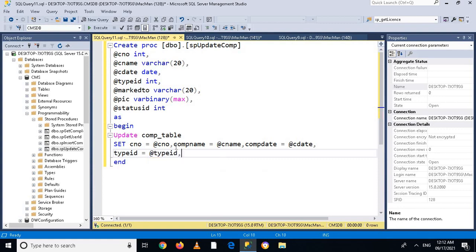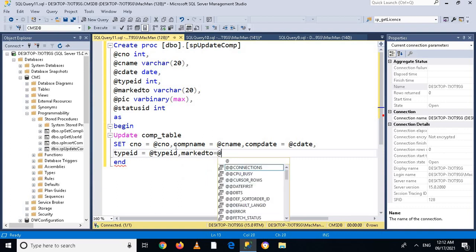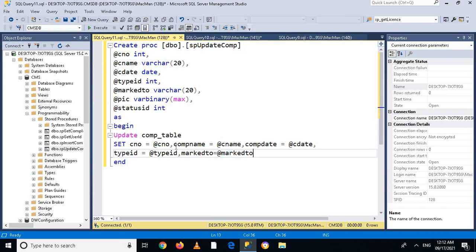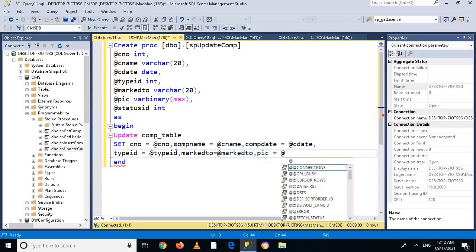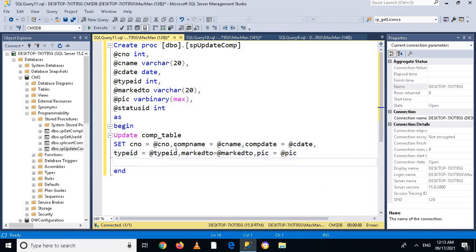Now complaint type ID equals to @type ID, and then Mark 2 equals @Mark 2, and then I'll use